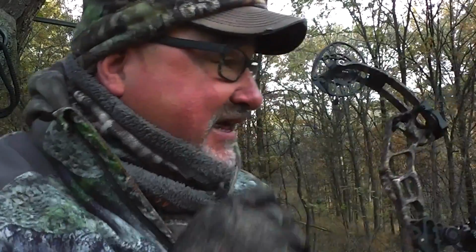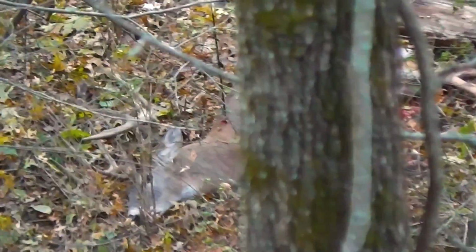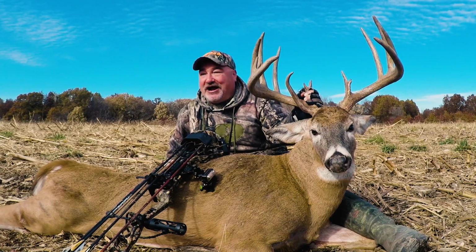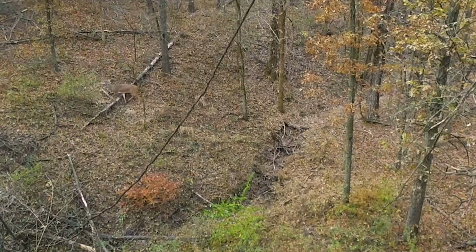Wow, what a buck. My gosh. I've been blessed to be able to hunt this place, and now my final year here, I take a buck like that. Buck of a lifetime. And I couldn't wait to get down and get my hands around that giant. Unbelievable. I'm proud to be back with Mark and Terry Drury and proud to take such a giant whitetail like